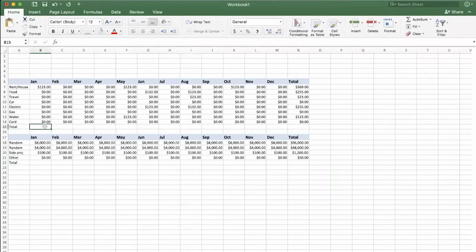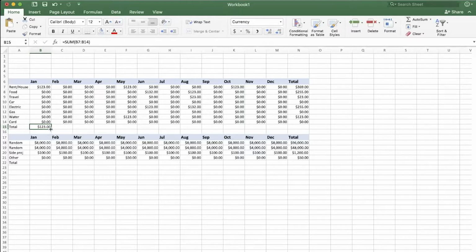I'll select the first empty cell underneath the January content. I'll select auto sum again because we are adding all these up again. Notice automatically it says, oh, I see numbers above me and nowhere else right next to me, speaking of the cell. And so it's going to choose the right thing. It doesn't always choose the right thing, but in most cases it does. So yes, and now we have this total here.